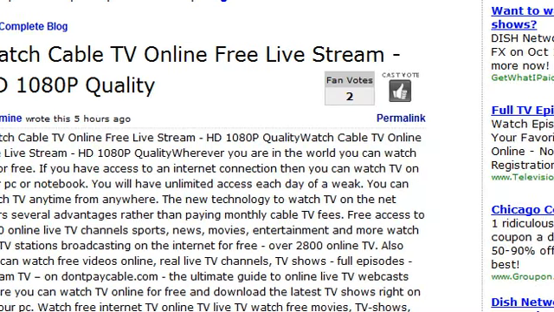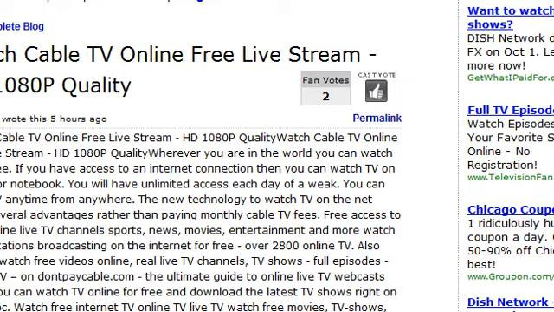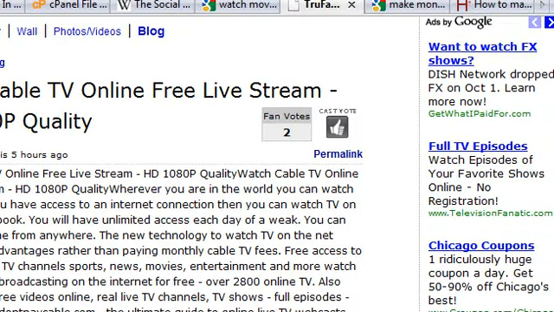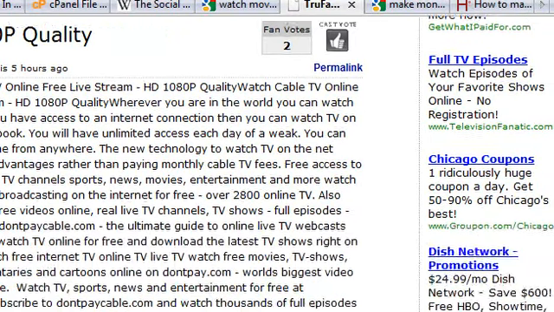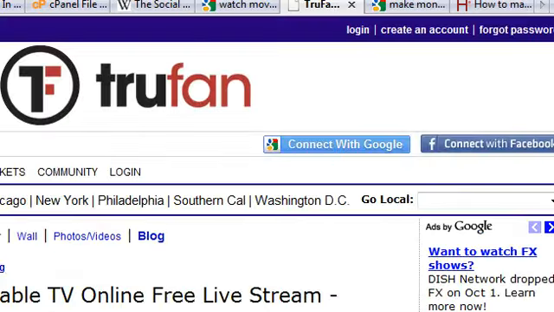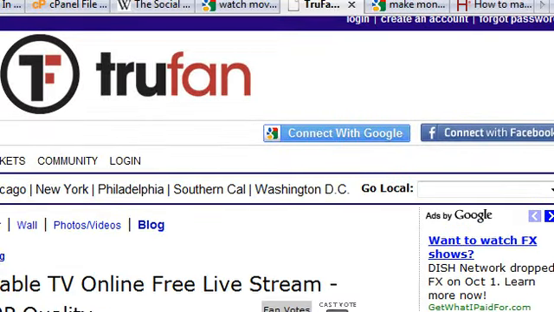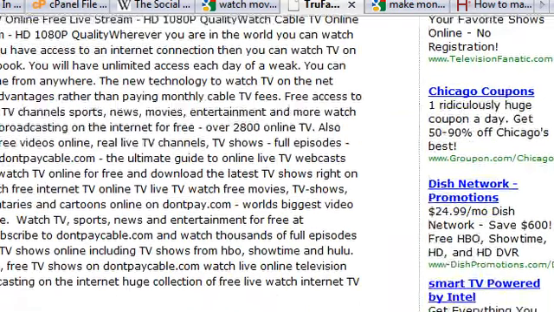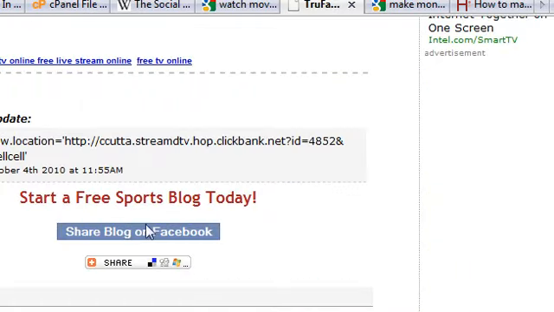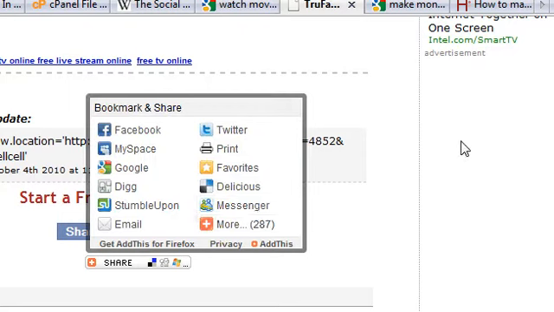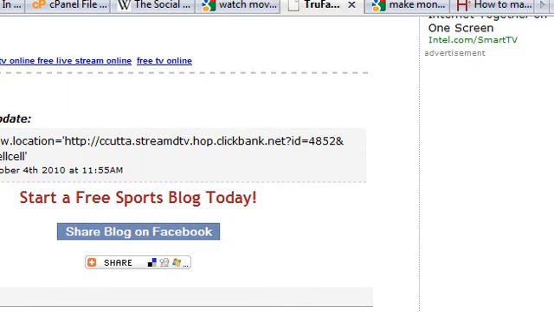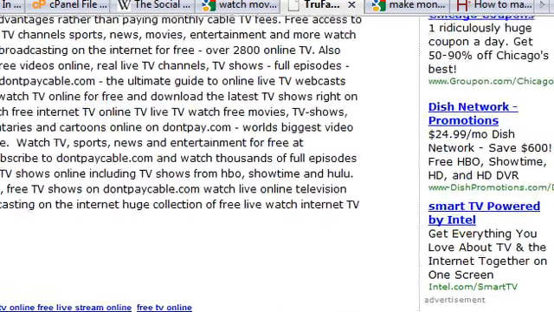And then on the right here, he's got his Google AdSense set up in order to generate some revenue from this traffic. Now, those are all good. He's also got, follow me on Facebook, which I think is good. He's got a resource on the bottom here to start a free sports blog. I'm sure there's some monetization in that.